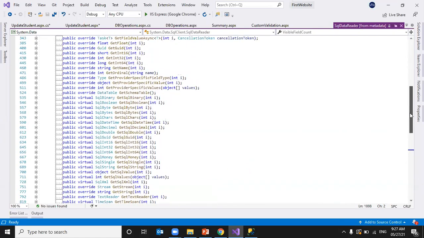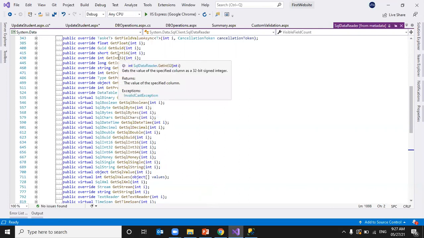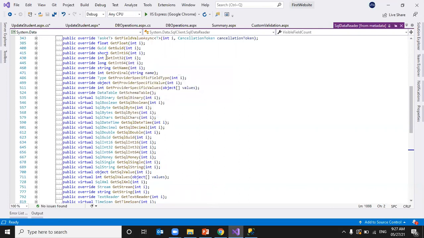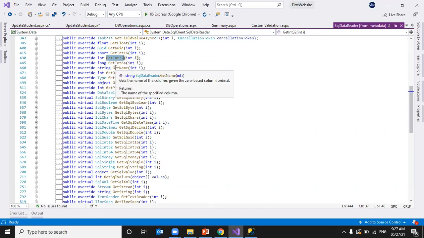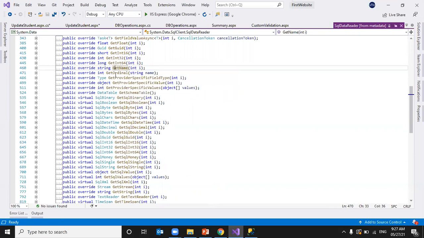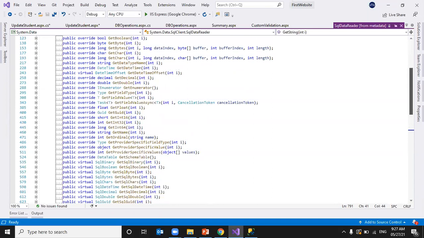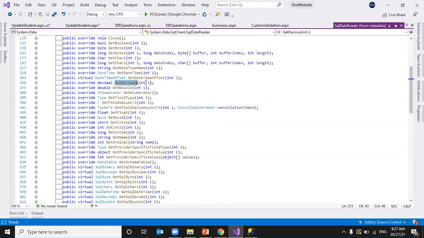We have some other methods like GetInt32. Suppose the column value we are going to read is an Int32, we can read that to the particular data type. GetName gets the name of the column. If you want to read string data, we have the GetString method, and we can pass the index number of that column. Like this, we have different methods. If you have a decimal value, we can read it using GetDecimal, and similarly GetDouble and GetChar.